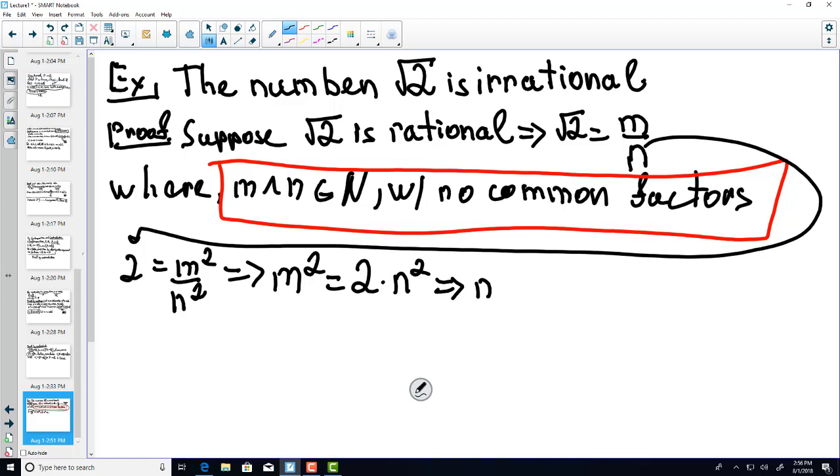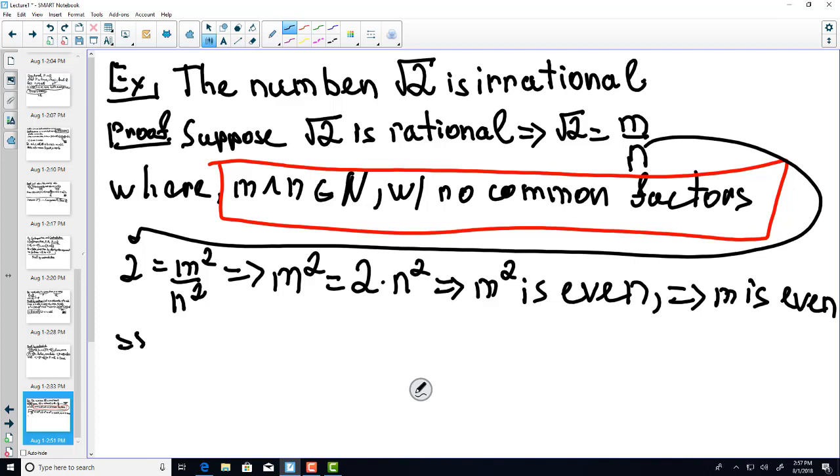Thus, m squared is even. But we proved that if m squared is even, then m is even. If you remember the last statement we proved, where we used the proof by contrapositive, we concluded that if m squared is even, then m is even. So if m is even, then from here we conclude that m squared is